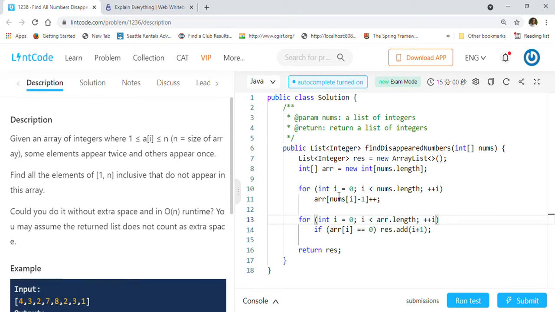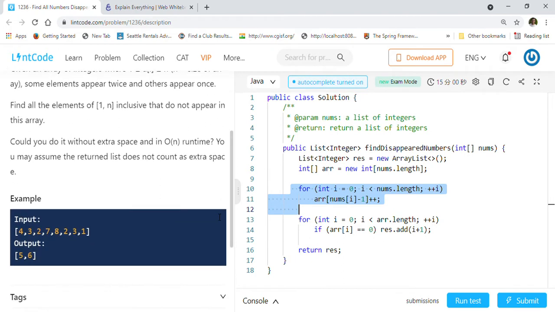So one easy way to solve this problem is we can create one array here of the same length as nums, and we will iterate through the nums array and count the number frequency. For example, if 4 is the number we are looking at, then we go here and do 4 minus 1, which is 3, because 3 is the array position, since the array is 0 based.